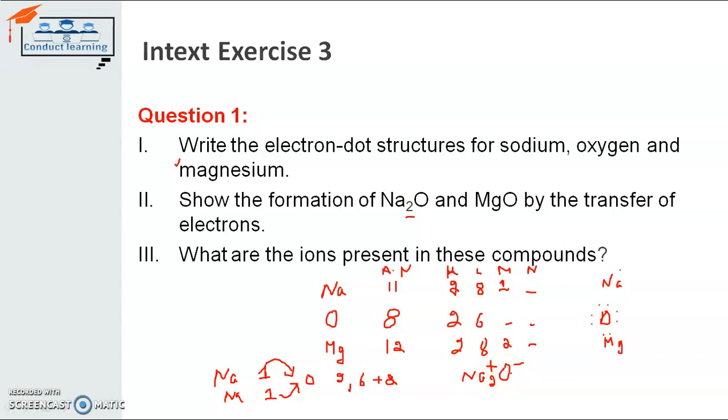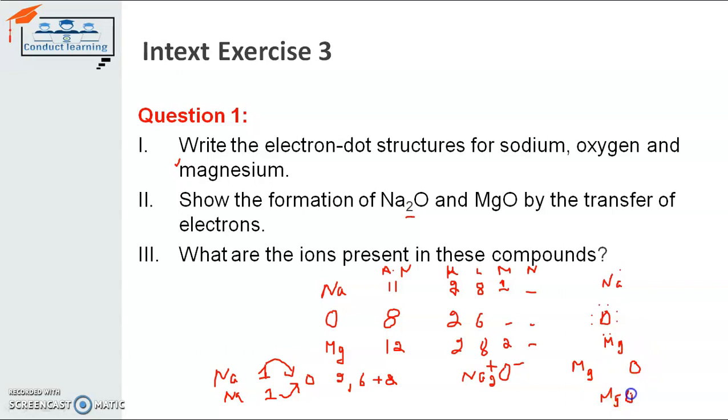Same way for magnesium. Magnesium has the 2s2 electron configuration. So magnesium either has to give its 2 electrons, or take 6 electrons. I told you before that it is very easy to give 2 electrons rather than to take 6 electrons. So magnesium will prefer to give its 2 electrons and become positive. It will give its 2 electrons to oxygen, so that the oxygen gets stable, and they both will form MgO.